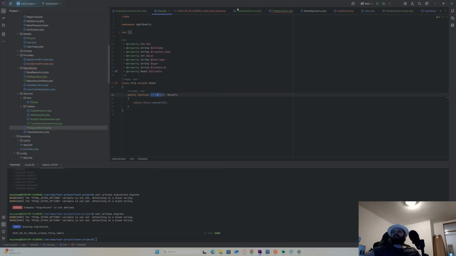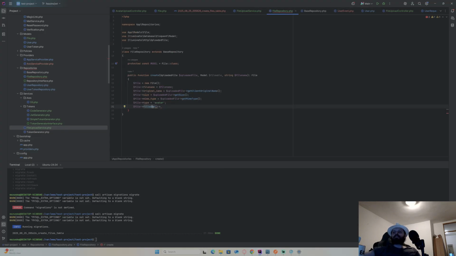Fileable. Hopefully it's fillable, called a different method. Okay, so now I can associate, I think. Yeah, I can. And this is going to be my fileable. Now I have it, and now I'm just going to do file save. And this should be it.